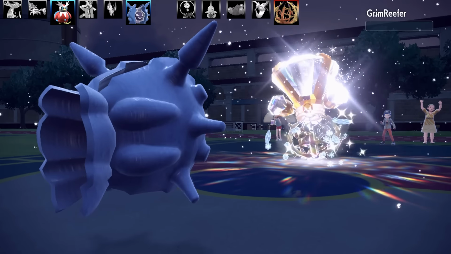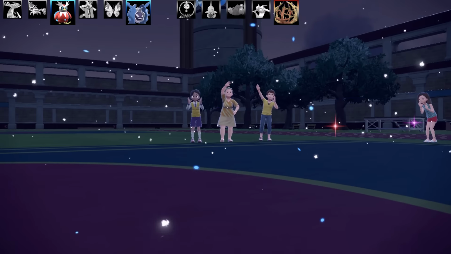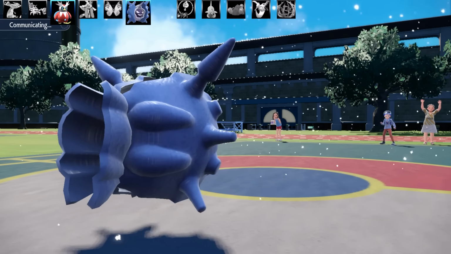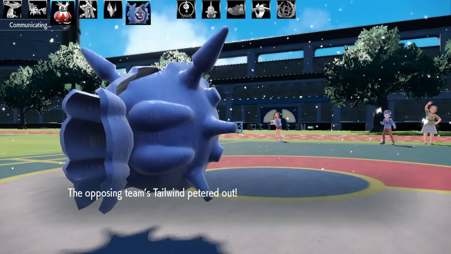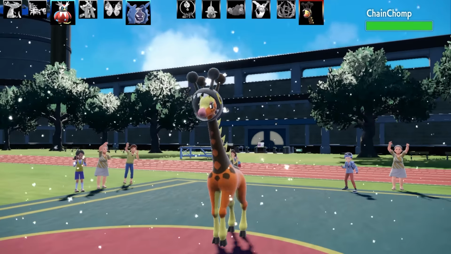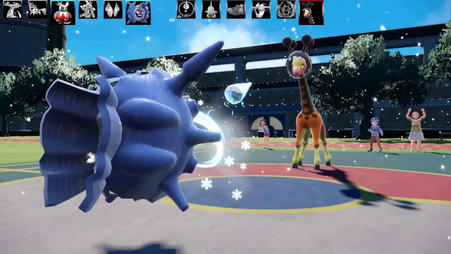So they tried to get a speed boost up to outspeed my Iron Bundle, which makes sense, and then try and win from there. But unfortunately, with the snow up and Cloyster's high defensive stat, it just wasn't happening. Now, last Pokemon there is going to... I guess even Tailwind may not have outspeed. It's pretty slow. I don't know. Maybe they built it really slow. So anyway, we're going to...